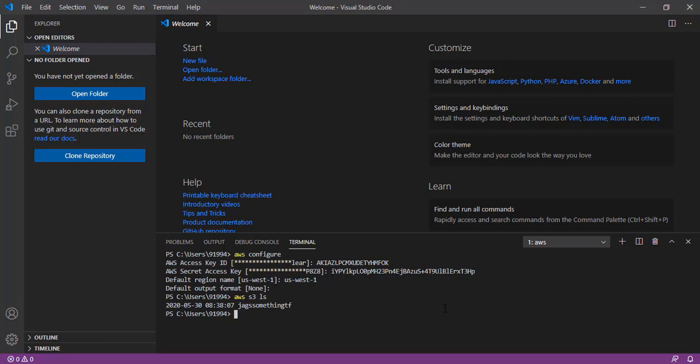So now it is understood that our Terraform from Visual Studio Code is able to communicate with the AWS management console. Whatever Terraform code you are writing here, when you initialize it, plan it and apply it, it is going to get applied to our AWS management console. And this is what I wanted to show you in this video.